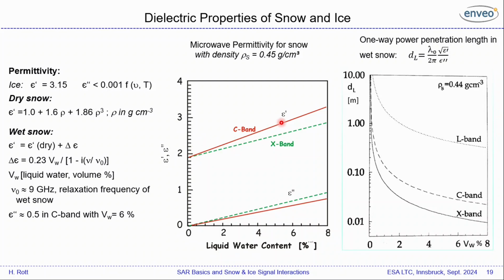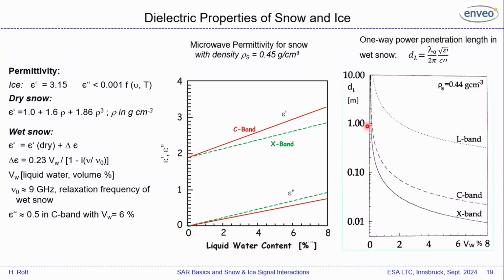Epsilon prime has a relation slightly different for X-band and sea bed, so it increases. But the real big difference is for wet snow. Here we start with 1 times 10 to the power of minus 3, and then we come up to 0.5. And this has an effect on the one-way